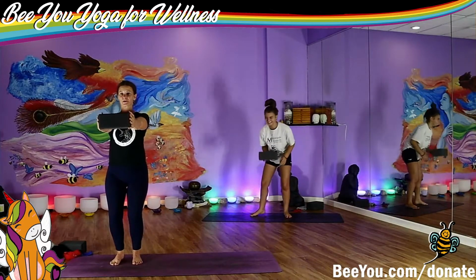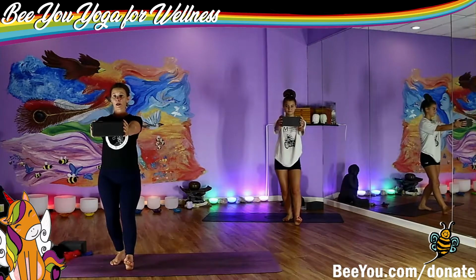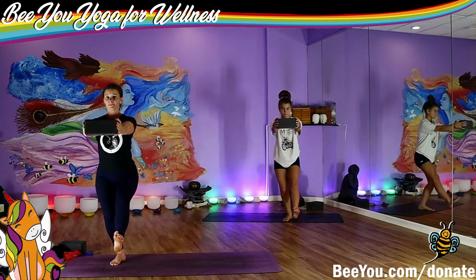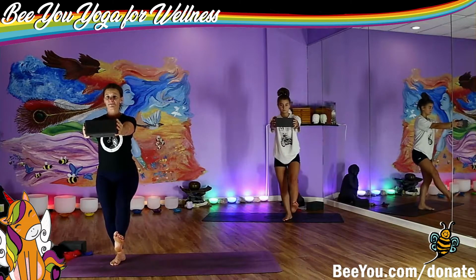Get your weight strong. Take the left leg forward, strong on the right leg, left leg forward. Push into the block, push the block a little bit forward. Engage the stomach, engage the shoulders, and then inhale, lift the left leg. Exhale, lower. We're not worrying about how high the left leg comes,